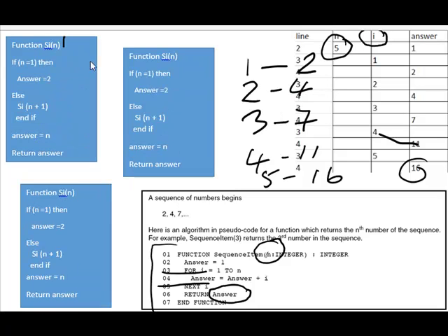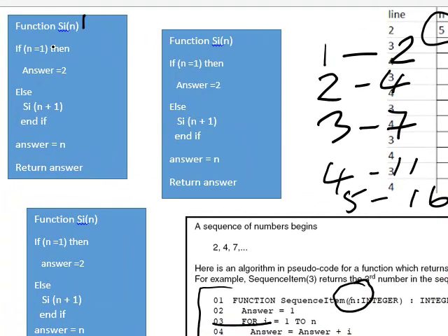So here's our improved version. Now we're thinking, if I've got a control structure, I can say when n equals 1, I'll return the answer 2. So the if statement sets answer to be equal to 2. It then jumps down to here. Now this doesn't look good,